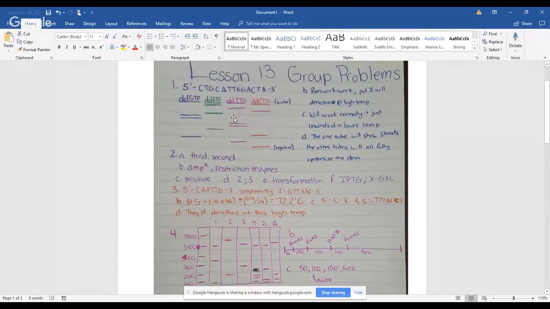Part 2 is just fill in the blank. During a typical PCR, the third step is done at 72 degrees Celsius, while the second step is done at 55 degrees Celsius. Ampicillin resistance is a common selectable marker that's found in many plasmid vectors, while restriction enzymes recognize and cleave DNA molecules at palindromic sites. Part C, during agarose gel electrophoresis, DNA is placed in an electric field. DNA migrates towards the positive end,